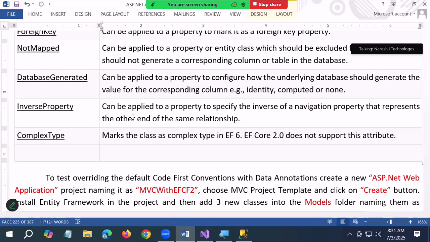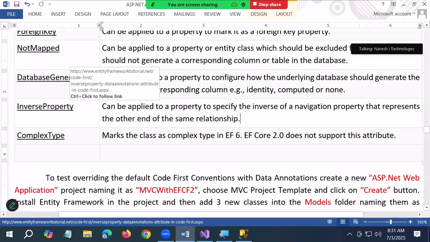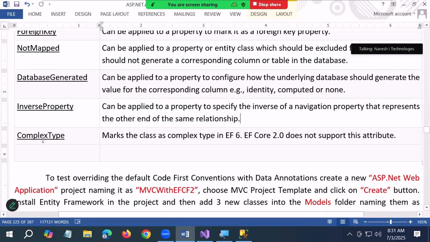It is like self-referencing things. See, in the employee table, I have a MGR column, manager ID. The manager ID is going to be a value in the primary key column of the table now. Did you learn it or not? Self-reference. If you want to apply that, then we use this concept called inverse property. Lastly,